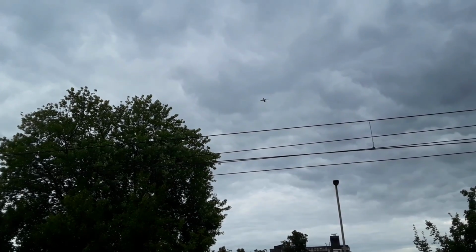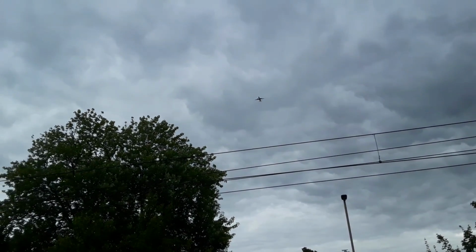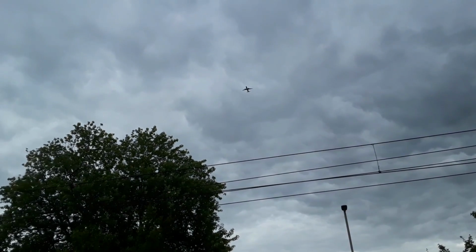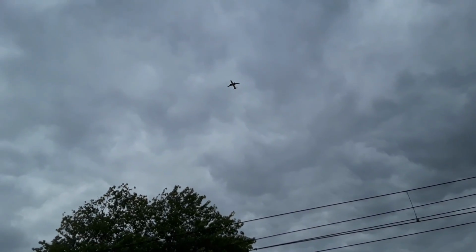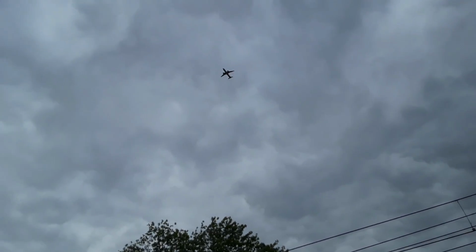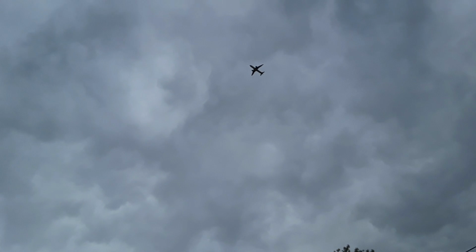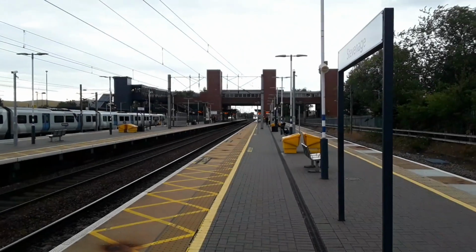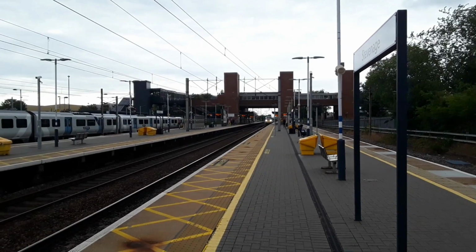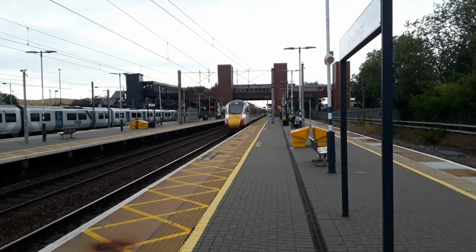Okay, got another aircraft passing overhead, and I am guessing, have a little look-see, that is EasyJet. Now I have got Flightradar on my phone, however, the mobile data is incredibly sketchy around this neck of the woods, and whenever I try and fire up Flightradar, it completely kills everything. Anyway, here we have